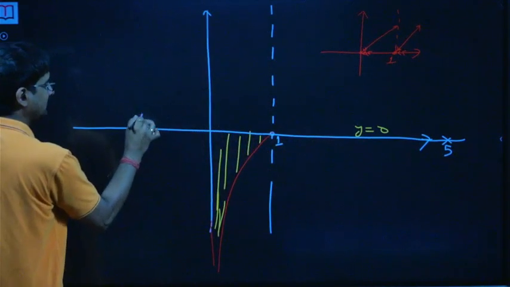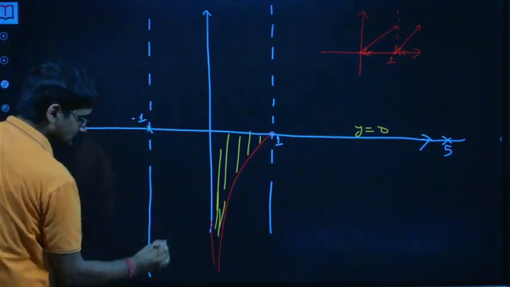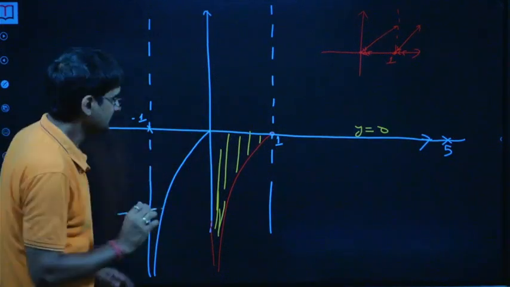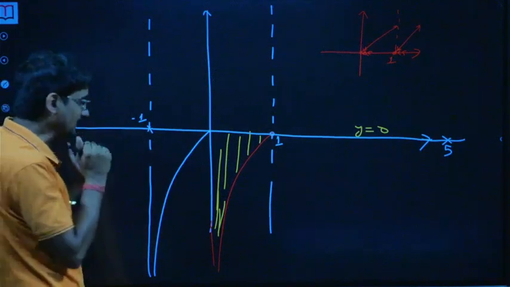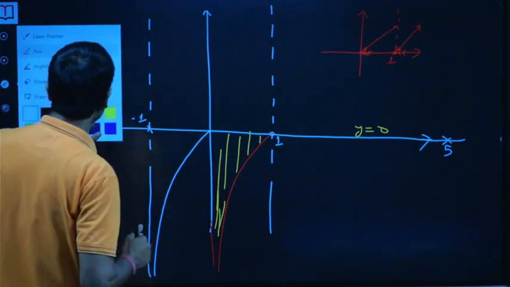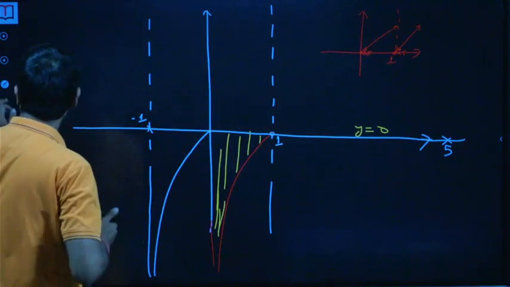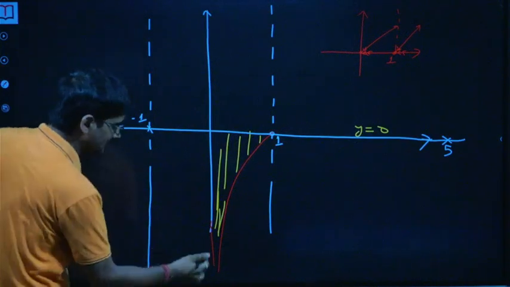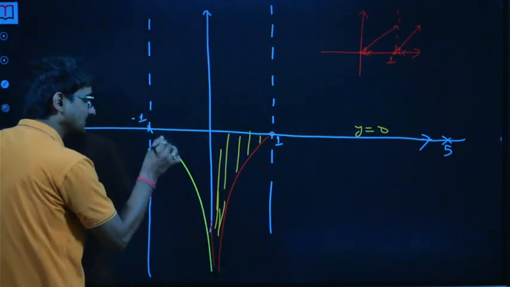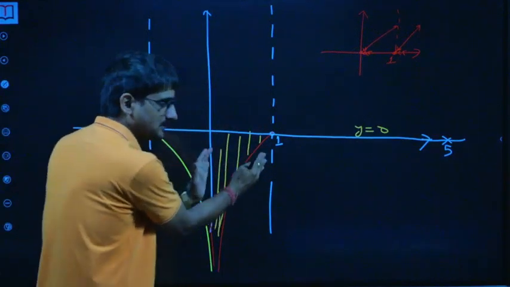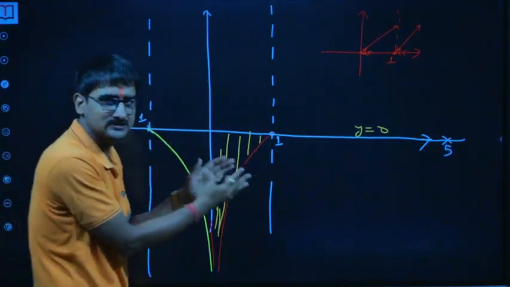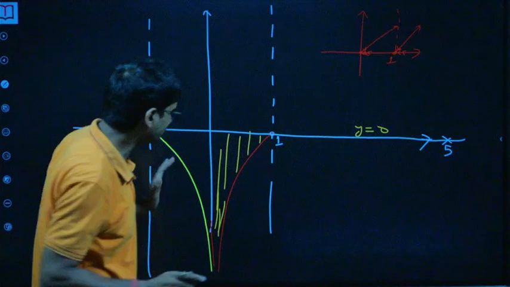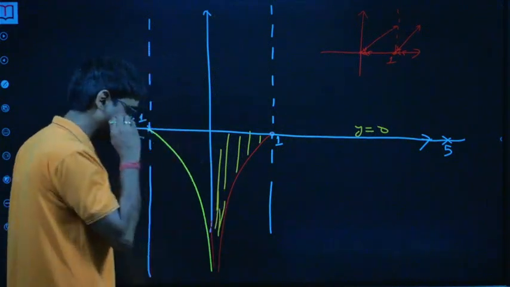Right, so if it's minus 1, so that's the curve of y is equal to fx. On the left side it doesn't make any difference, but on the right side, you take its mirror image. So the left side portions are to be removed and the right side portion will come in the picture. Take the mirror image of whatever curve you have on the right side to get its corresponding curve. So again, we don't have to worry, we just have to find the area.